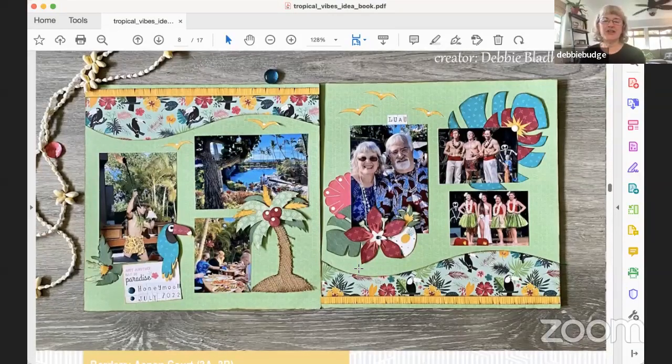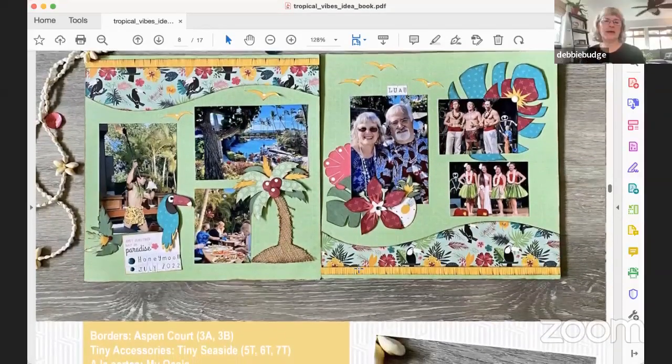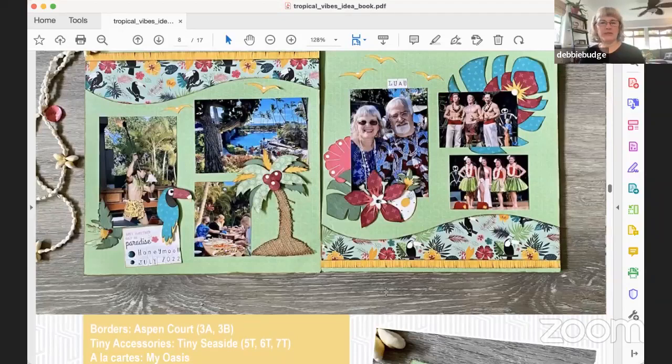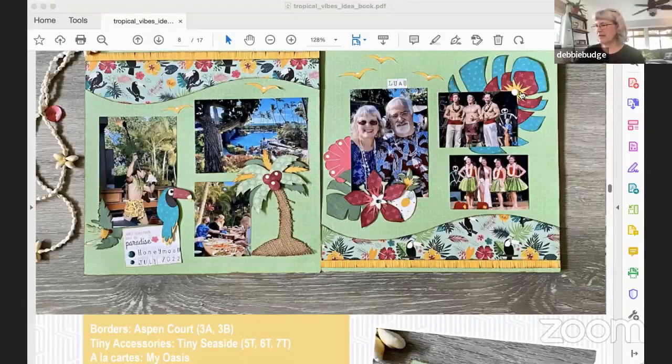I did cut a fringe. I don't have your fancy I Love scissors, but it made sense because this is a luau. On our honeymoon, we went to a luau on the other side of the island. And so I thought with the gals in their kind of grass skirts, leaf skirts, let me make a fringe. I don't have the scissors to do it, so I just snip, snip, snip, snip. But it was super easy, and I really love the look that it added to it.